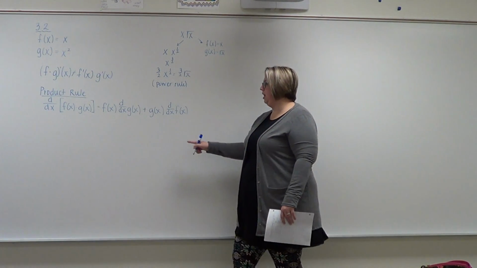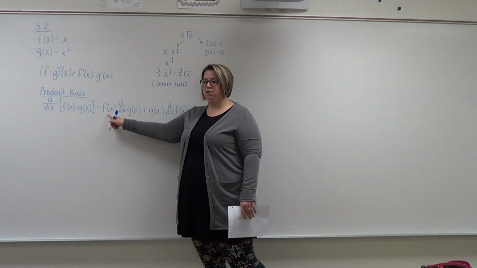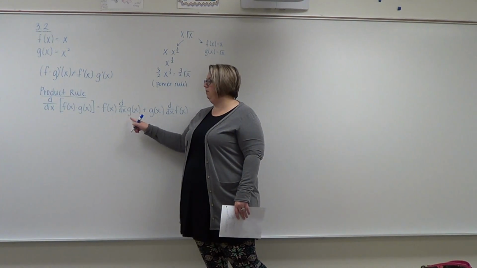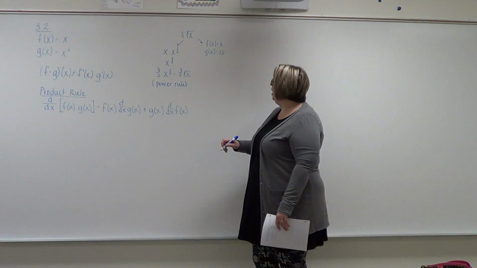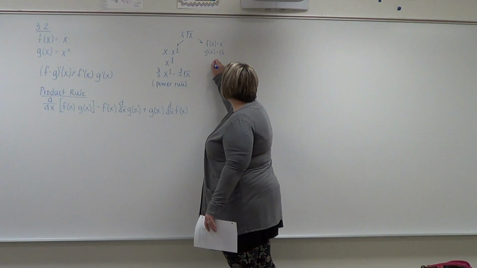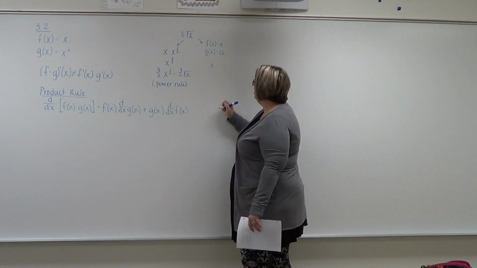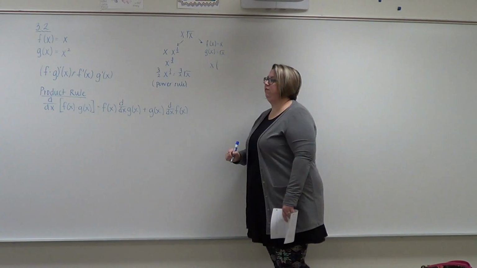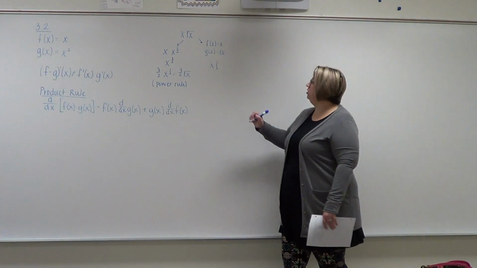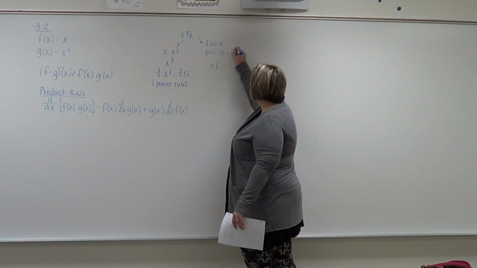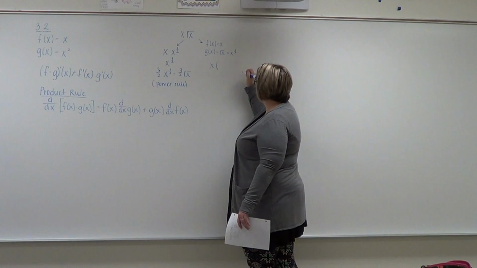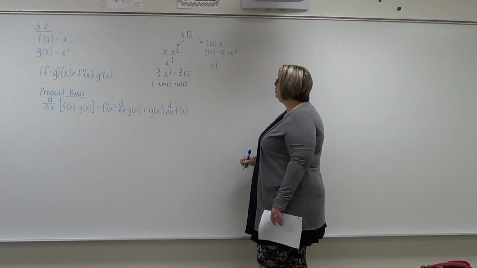So it says I would take f times the derivative of g. So my f would be x times the derivative of g. So if my g was x to the half,